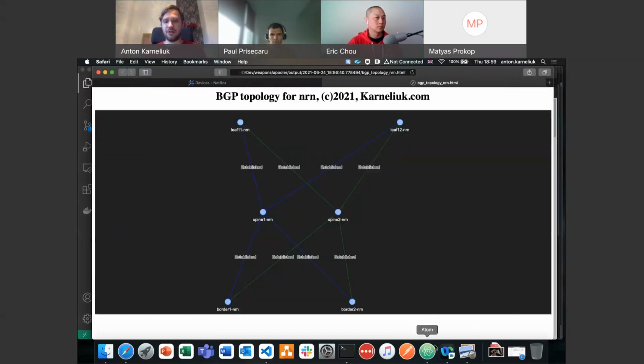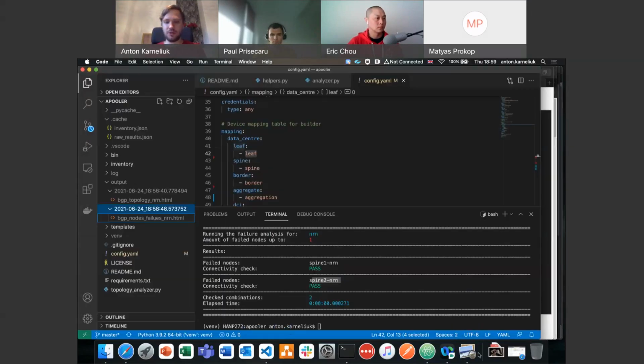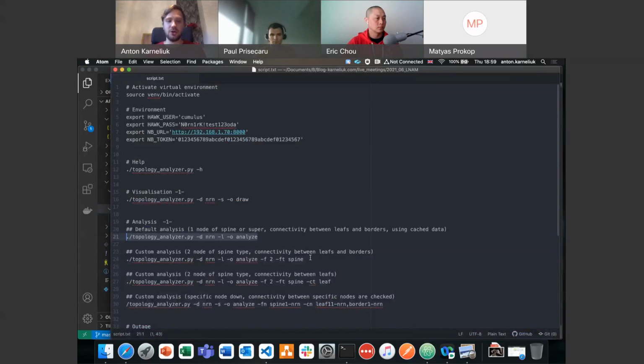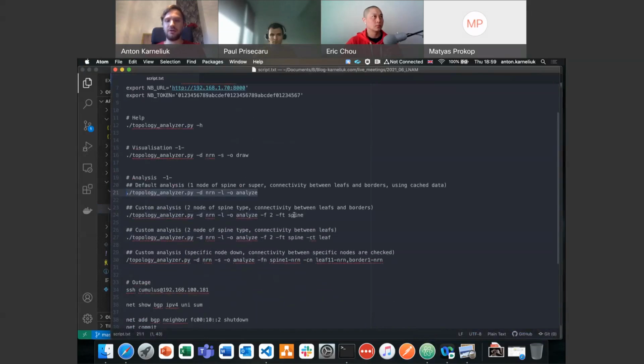Now, let's modify this rule slightly so that we would see the failed node. So we could provide a lot of details. I could say that I would like to have 2 nodes down of the spine type. Basically, 2 means from 1 to 2. If I would put here 3, obviously I don't have 3 spines, but it would be from 1 to 3. So all combinations of 1 node down, all combinations from 2 nodes down in this case. If 3, then to 3. So taking this data,